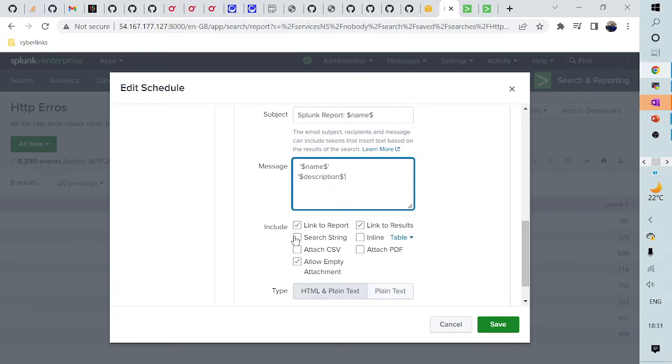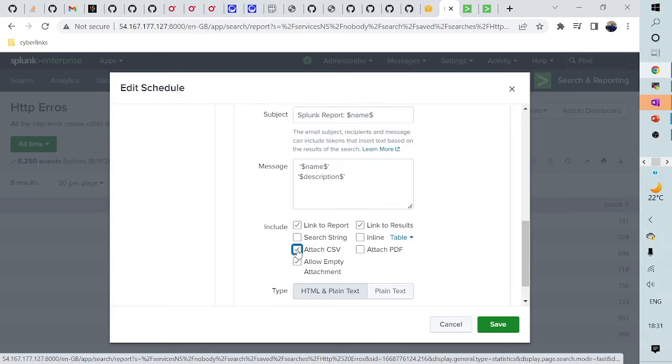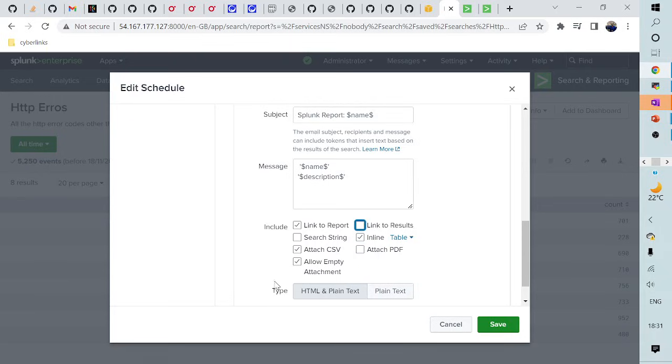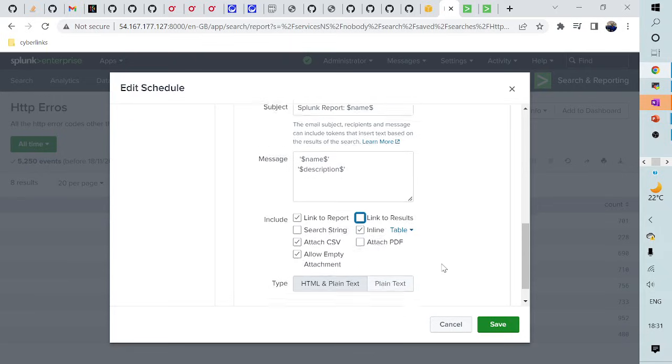So now, for example, a link to the results. I will be attaching this particular report in a CSV format. I will also enable this option inline, and I will keep the default link to the report, link to the results. So I will keep it as it is. And if I click on save,